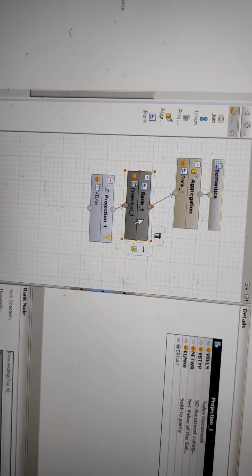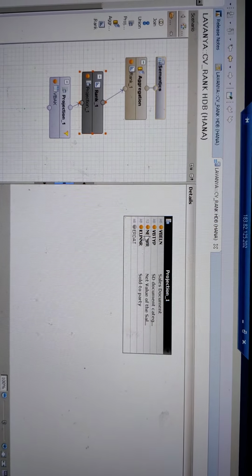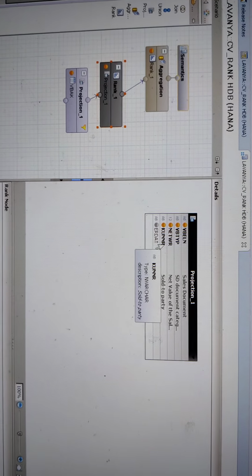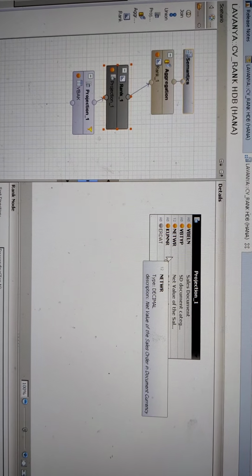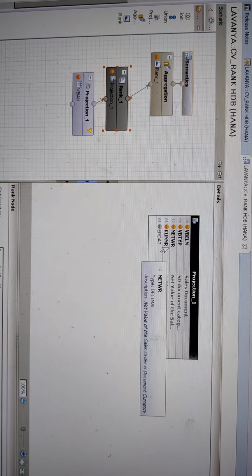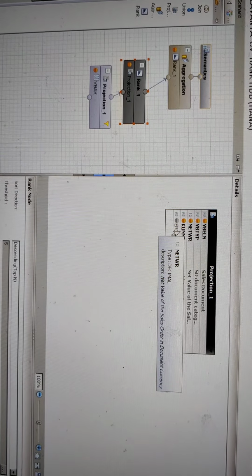When you drag it, you need to select the columns that you want to see in the output. You select all the columns. Based on the net value, we are going to give the ranks. Order by this, partition by this.